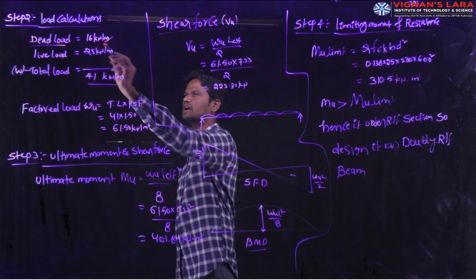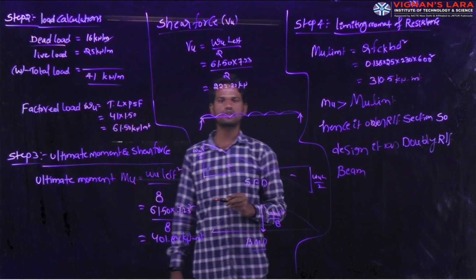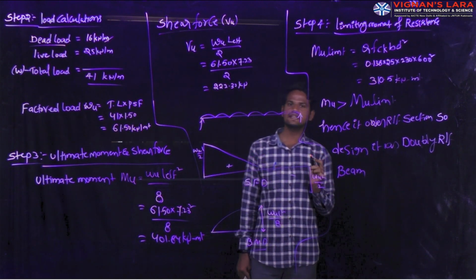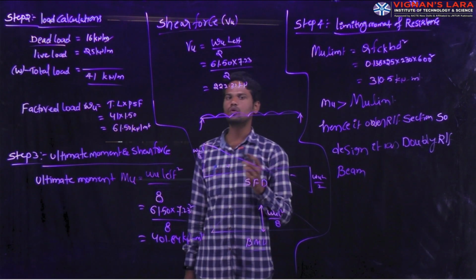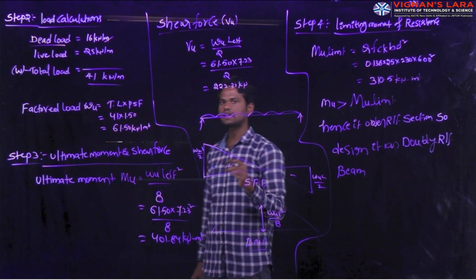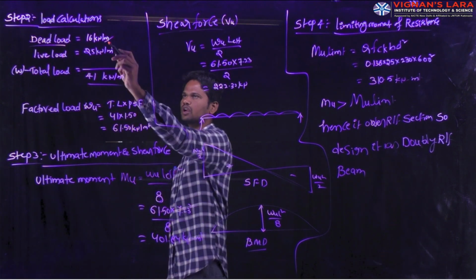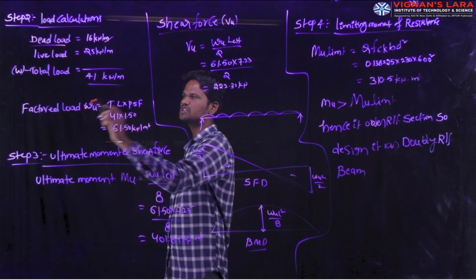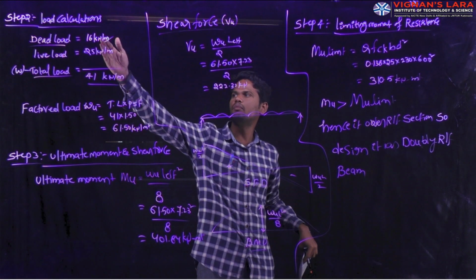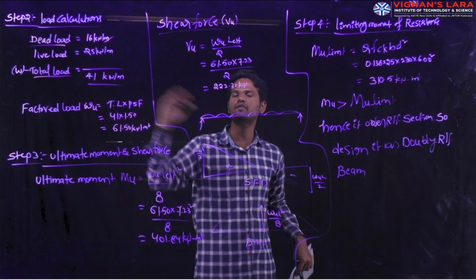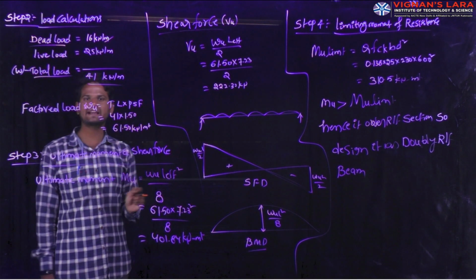The dead load given in the problem is 16 kN per meter, and the live load given in the problem is 25 kN per meter. While designing members like one-way slabs and two-way slabs, in those conditions they will also give the floor finish loads, which we will calculate in the next subsequent lectures. Next, we know the dead load value and the live load value, and from these we calculate the total load. The total load is the combination of dead load plus live load, which is 41 kN per meter. Next we have to calculate the factored load or design ultimate load.